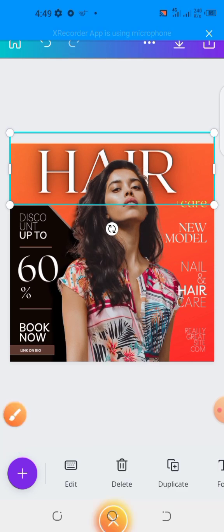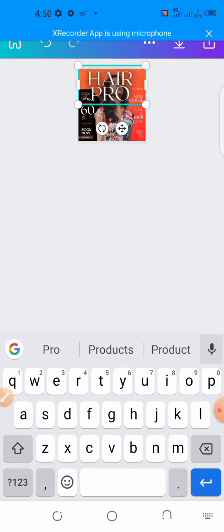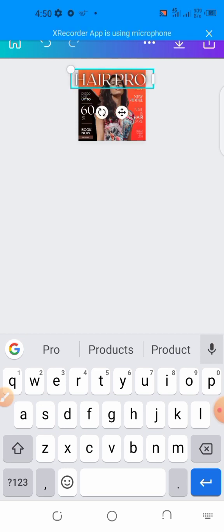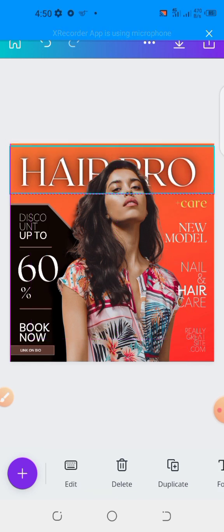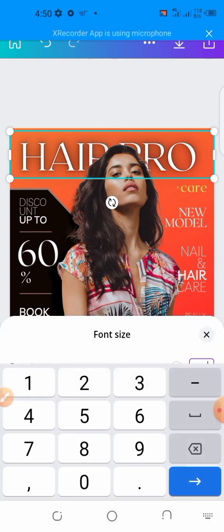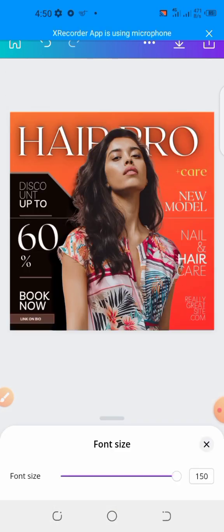Okay, let's move that and put in pro, reduce that, adjust that, hair pro, raise that up slightly. We could change the font size, remove what was there, put in, yeah,